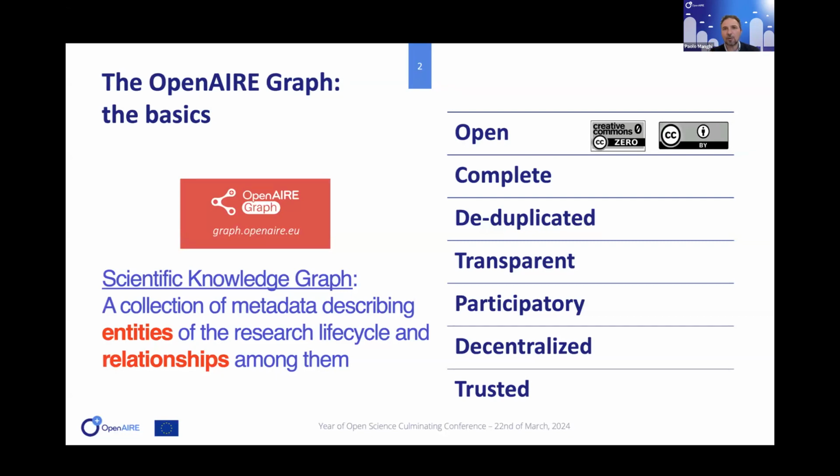So the idea of the OpenAIRE Graph is to build one that is open, as complete as possible. So we go cross-discipline, cross-borders. We want to deduplicate it. We want to make it transparent. So track everything that we do from the data collection, so the provenance, to the various actions that we perform to improve the quality of the graph. We want it to be participatory. We have many collaborators in Europe, research groups, also companies that are helping us in shaping up the graph and making it of good quality. And we want it to be trusted and decentralized, which means that basically we want the content of the graph to be redistributed where it's going to be for sure persisted forever, which are the institutional repositories, the publisher sites, and so on. So we have the tools and the mechanisms to make this possible.